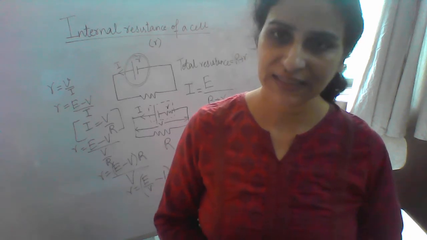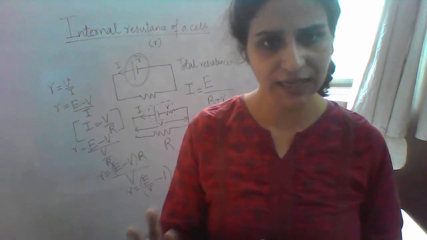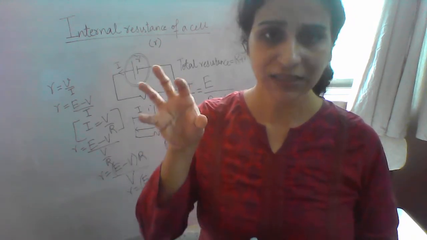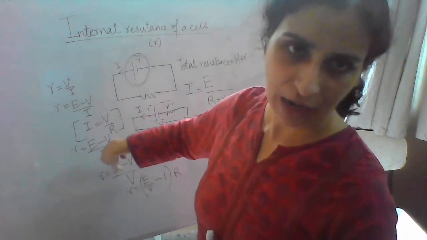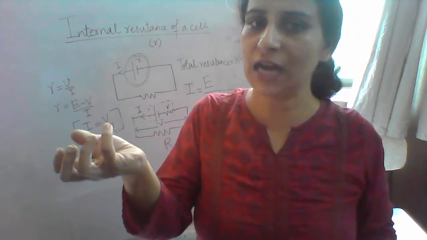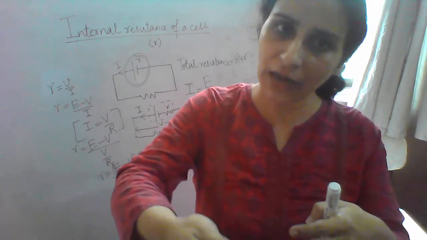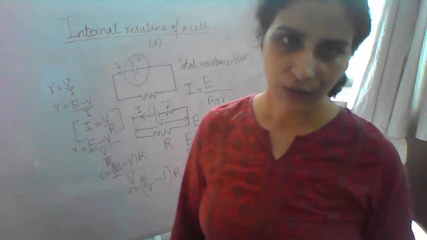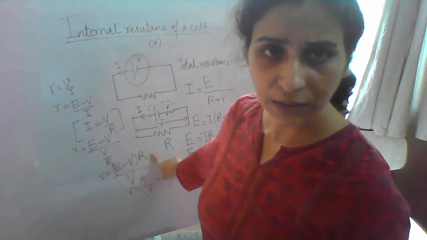So this is what basically internal resistance is. It is basically the obstacle or resistance offered before the current goes out and is provided to the circuit outside. Internally, when the current starts being drawn, it has to go through obstacles till it comes out and flows through another obstacle, that is the external resistance. Okay, you have this derivation, you have to learn this derivation.